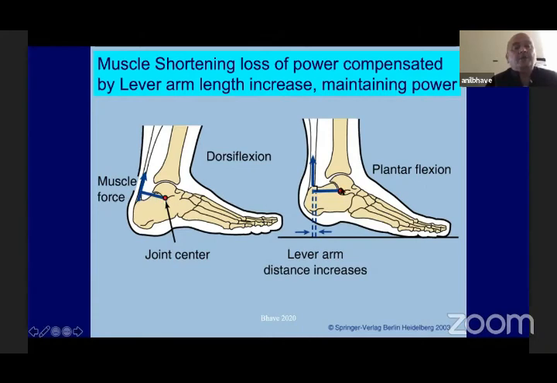And then once you go into plantar flexion, you have a glide that allows you to increase your lever arm, thus maintaining the force of the gastrocnemius muscle. So joint glides are very critical. Getting muscle strength back and not just range of motion back is a very important concept for physical therapists to remember, is that if you have a joint glide, you will get mechanical advantage and strength gains in your ankle